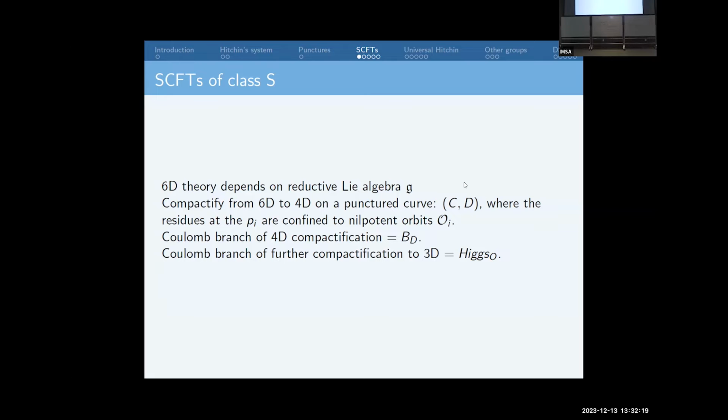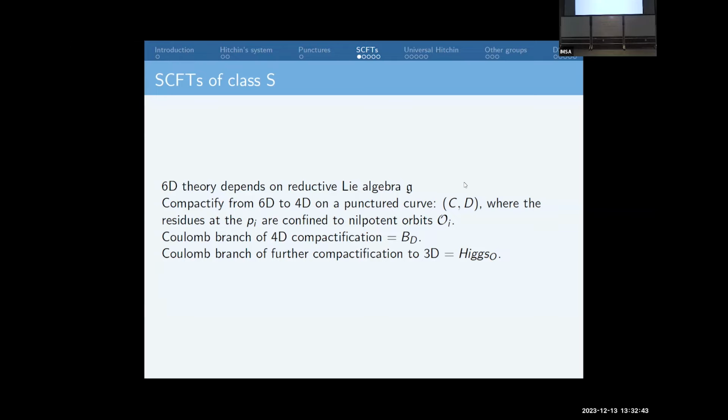Anyway, this gives a 4D theory, and the Coulomb branch just happens to be the Hitchin base. And if you compactify further to a three-dimensional theory, then the effect of compactifying on a circle is to add in the real directions, which is how